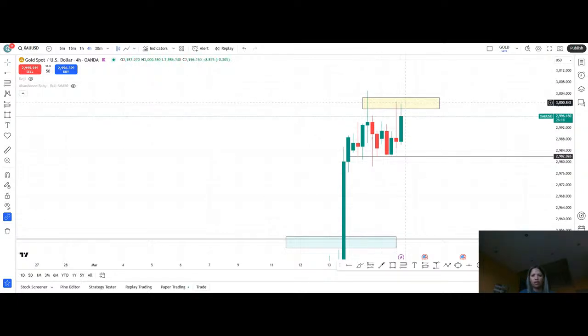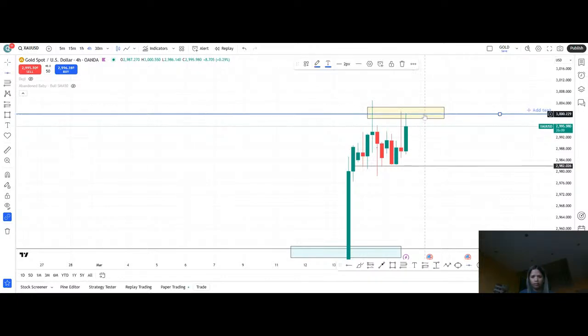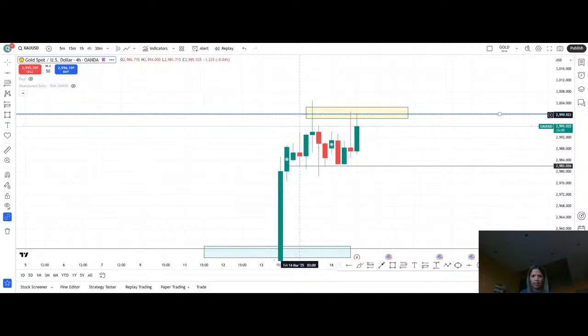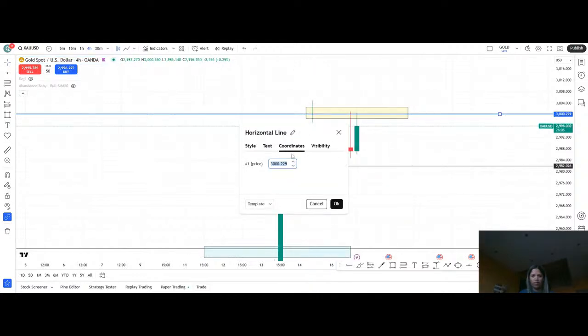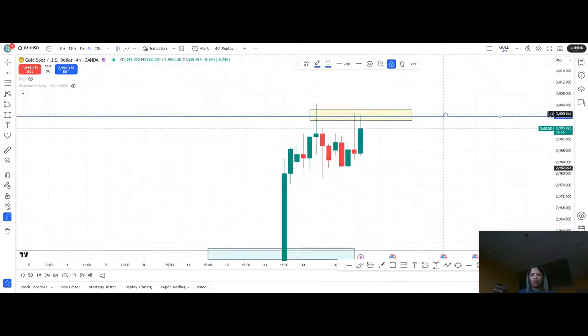It tapped into that. Where's my other level? I have a level here, 3,000. So that's basically my level. Let me just change it to 3,000. So that is a key area, key level. Let me just lock it so it won't disappear again. So this key area at 3,000,